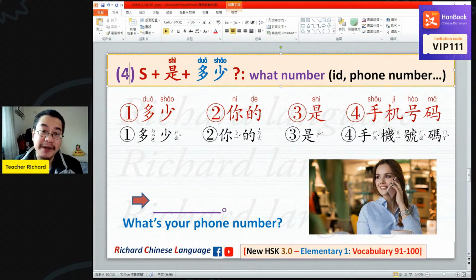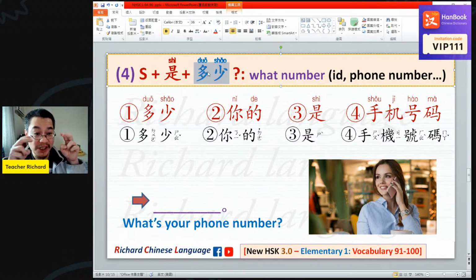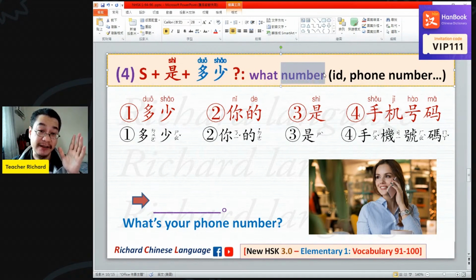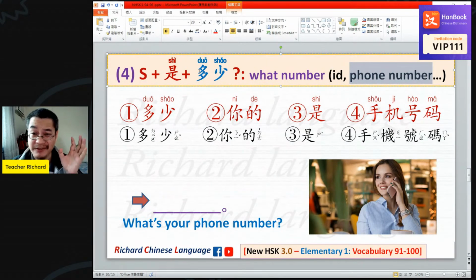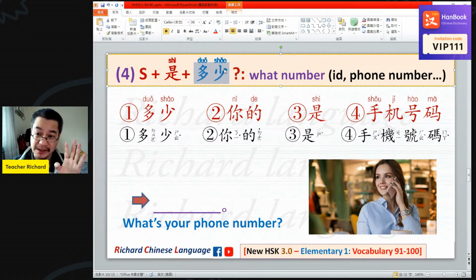And grammar point 4 about 多少 is that you can use 多少 to ask for a number. We use 多少 only to ask numbers. So you can ask someone's ID number, you can ask someone's phone number, and 多少 is good enough. So for example,